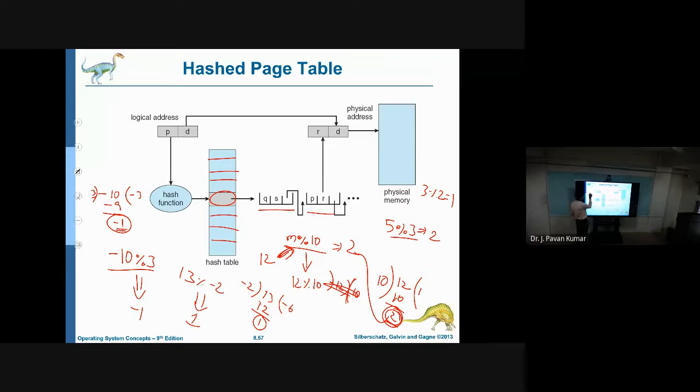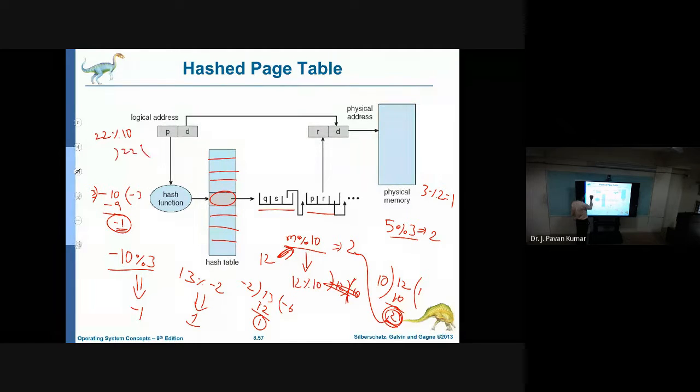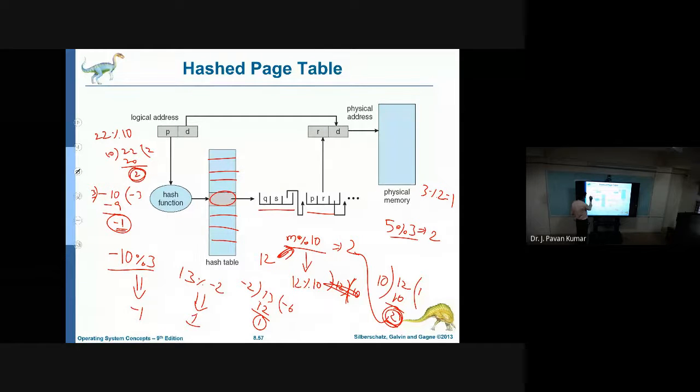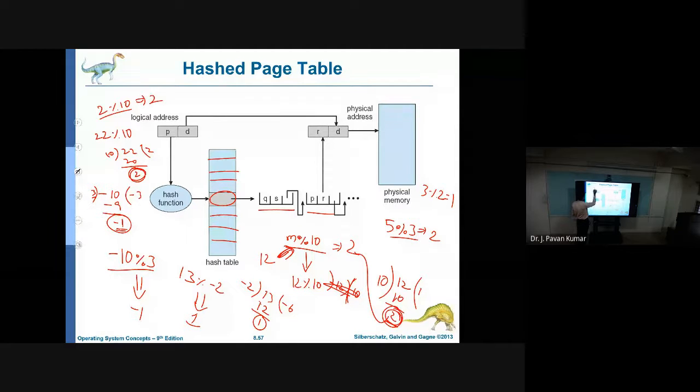Got it? Next, a simple thing, 2 mod 10. What is the answer? If we had 22 mod 10, we would divide. But here 2 is less than 10, so we stop in the first step itself, and the result is 2.